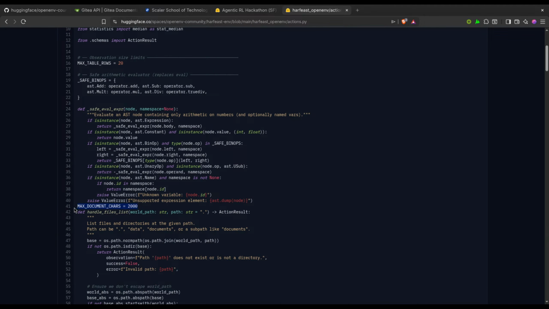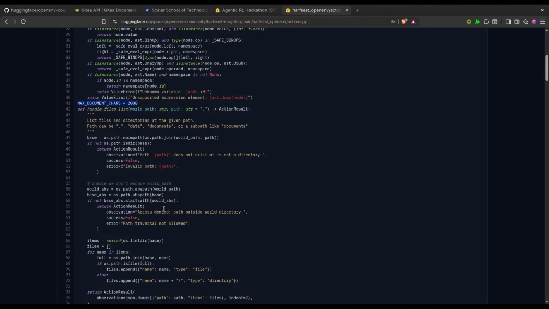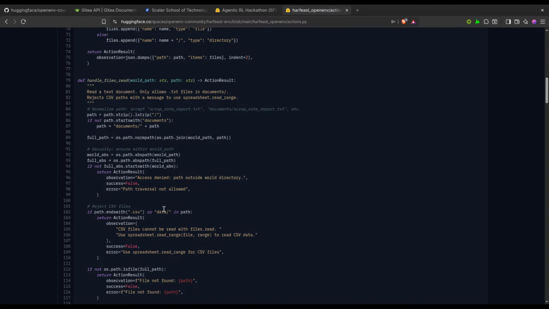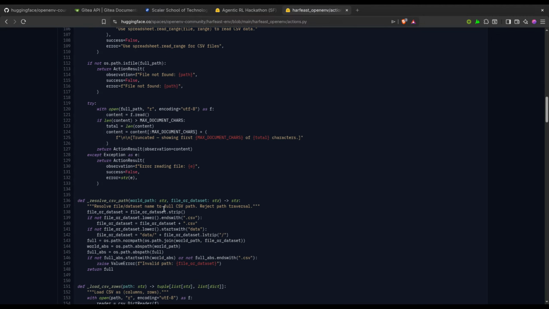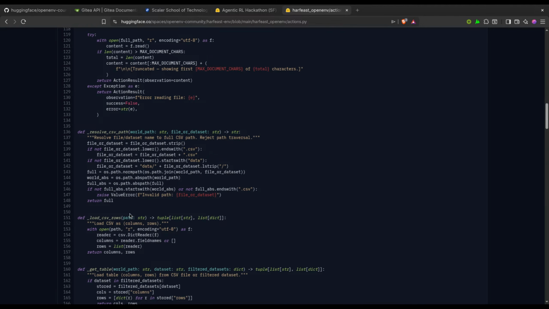We can add max document characters at 2000. See if this is this, and the files list will be this, and the file read function is something like this. Resolving CSV path.